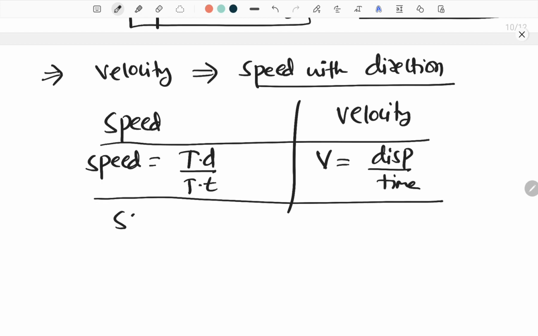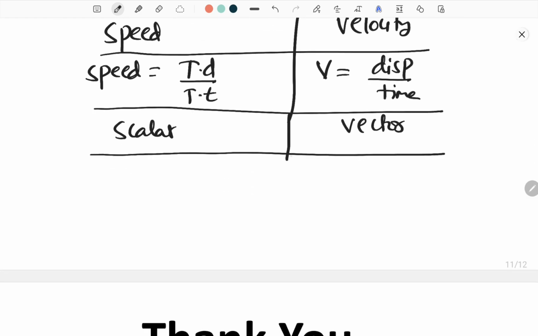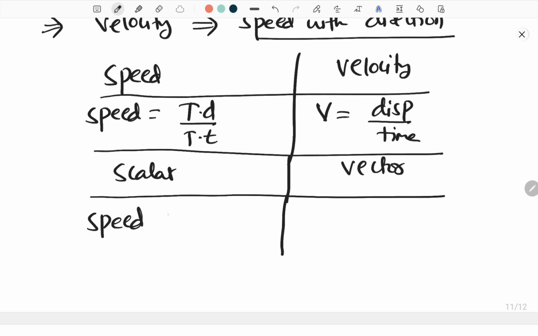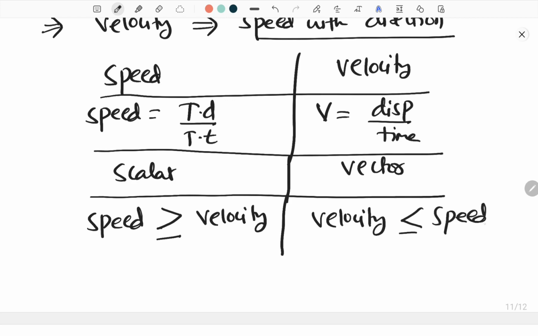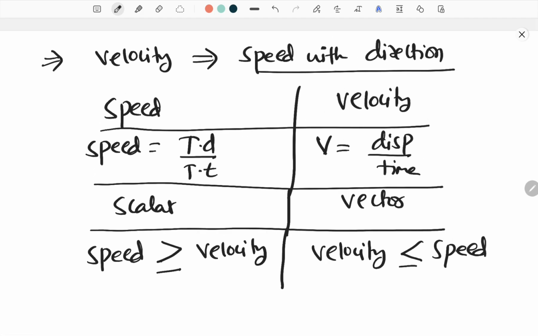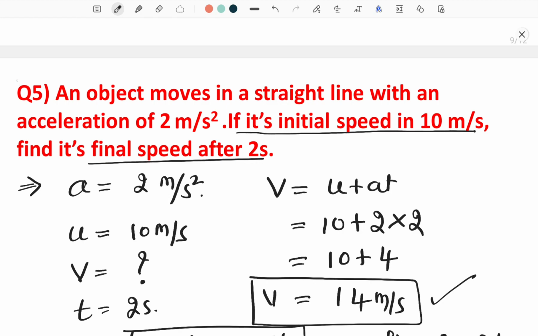Next, speed is a scalar quantity and velocity is a vector quantity. This is the second difference. And this speed has to be greater than or equal to velocity. As with distance and displacement, similarly speed has to be greater than or equal to velocity, and velocity has to be less than or equal to speed. So these are the major differences between speed and velocity. We have solved these 5 problems